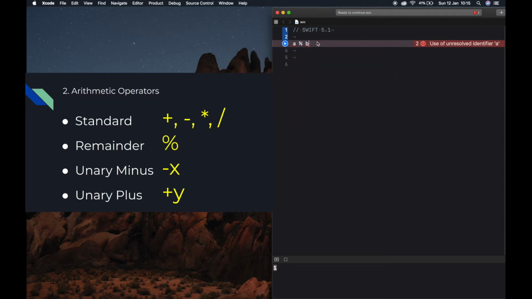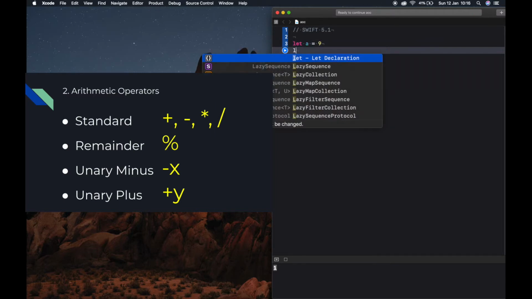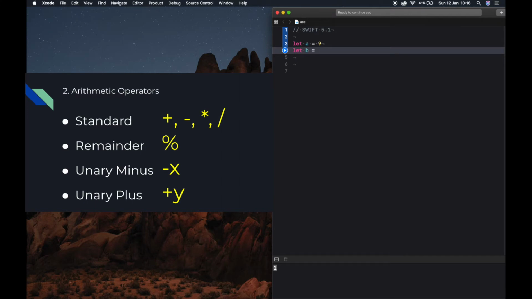A remainder B works out how many multiples of B will fit inside A and returns the value that is left over. For example, let A equal to 9, let B equal to 4.